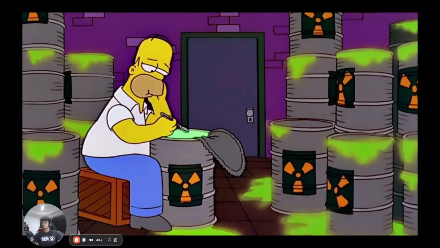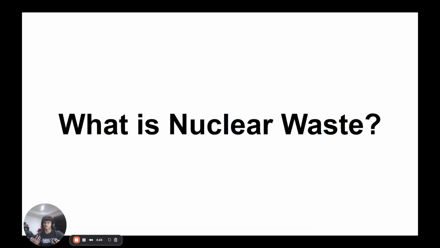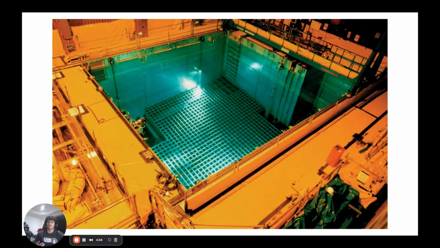If you're in any way, shape, or form familiar with nuclear energy, you could probably guess what Homer here is eating. Now, Homer's from The Simpsons. He works at a nuclear power plant, and he's eating nuclear waste. But does anyone here actually know what nuclear waste is? What is nuclear waste? Well, it's a bit complicated, but in simple terms, nuclear energy relies on nuclear fuel